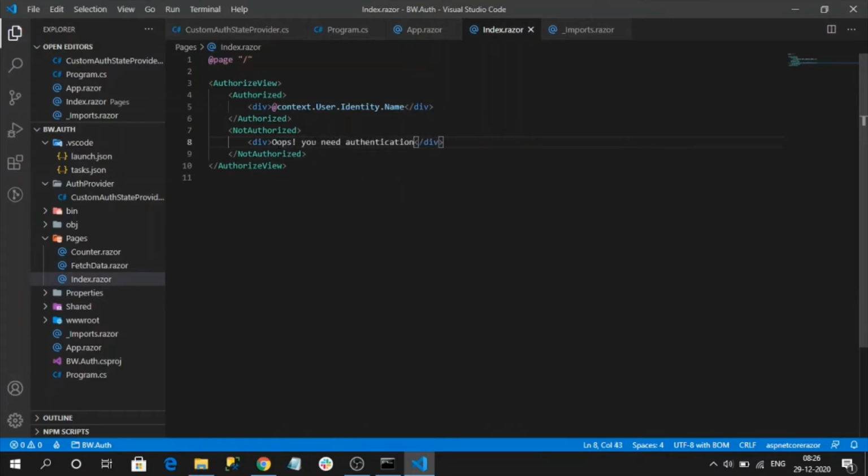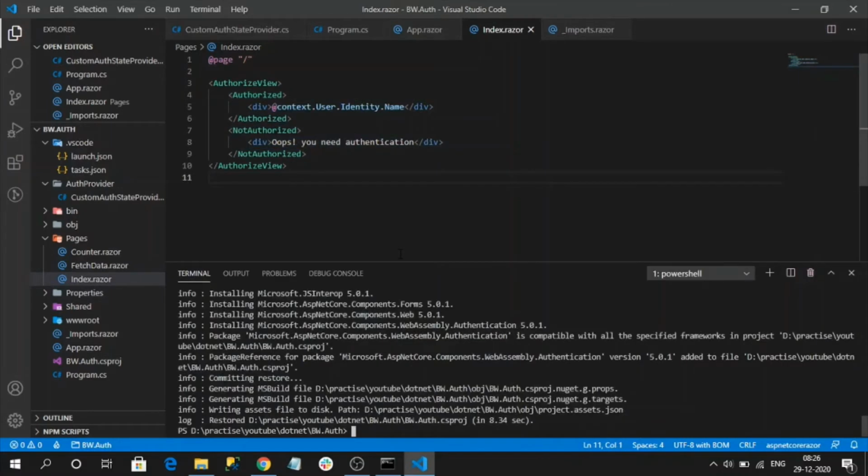Now we will check how this AuthorizeView component will take care of our authorization. If our user is authenticated, then this component will be rendered. If the user is not authenticated, then this component will be rendered. So let's test it by running our application.